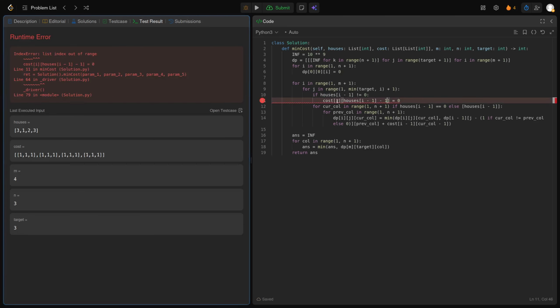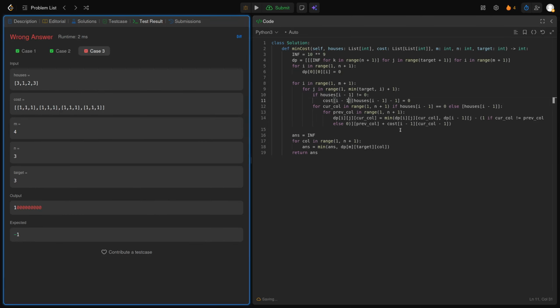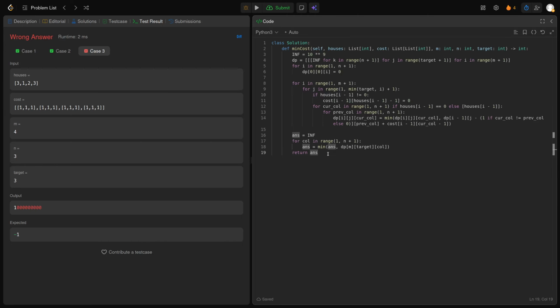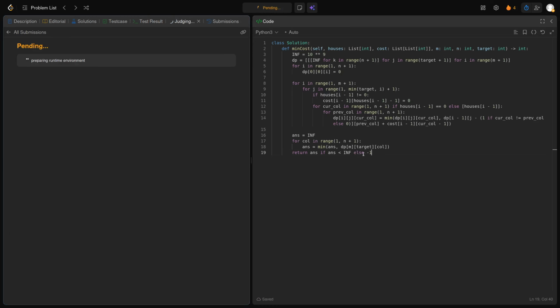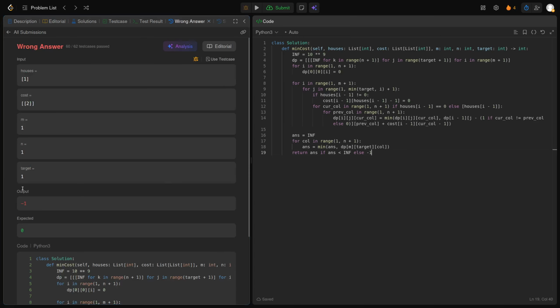What do you mean out of range, bro? So else if inf else -1. Okay, let's see. Wrong answer. Expected 0. I mean, 2 cases wrong only, so I guess we are already clear to use